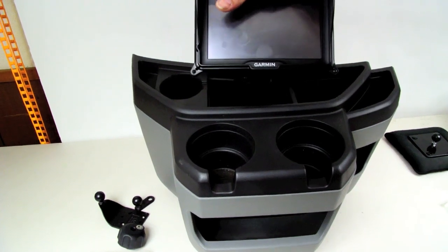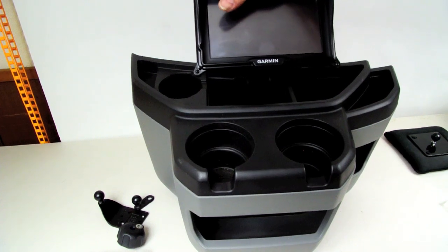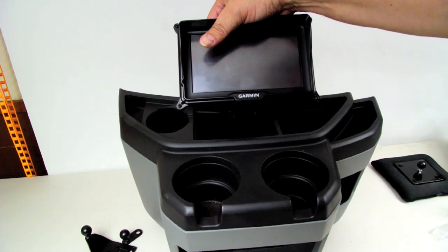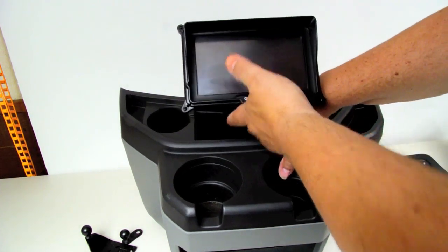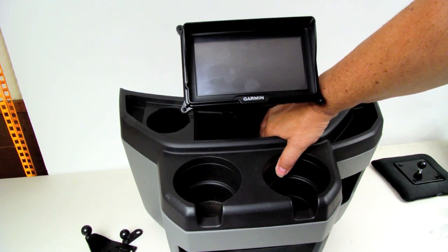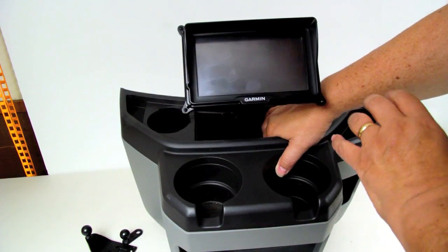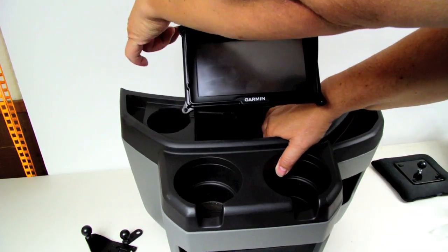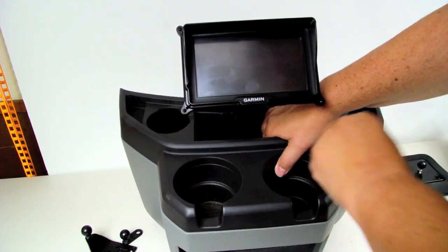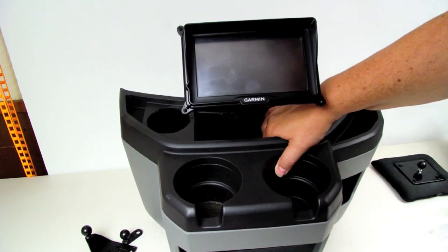I'm going to bring this up here a little bit so you can see a little easier. There we go. Okay, I'm going to essentially bed this in a bed of epoxy, and that I think is going to work out for the display unit, and then that will allow me to angle it towards the driver. I can get behind. There's a few switches on the dash behind that. It allows me to still have room for our big gulps, and I think this is kind of the best